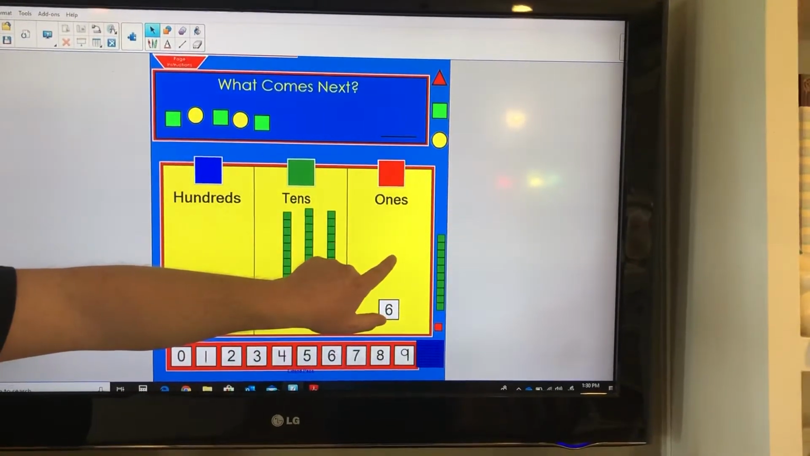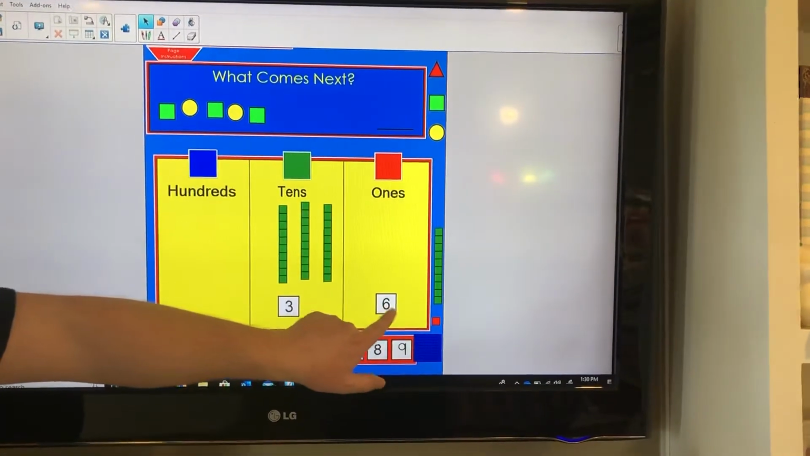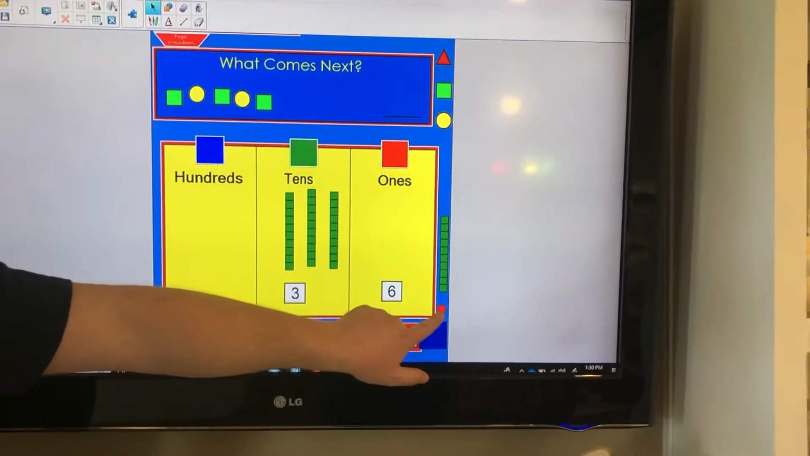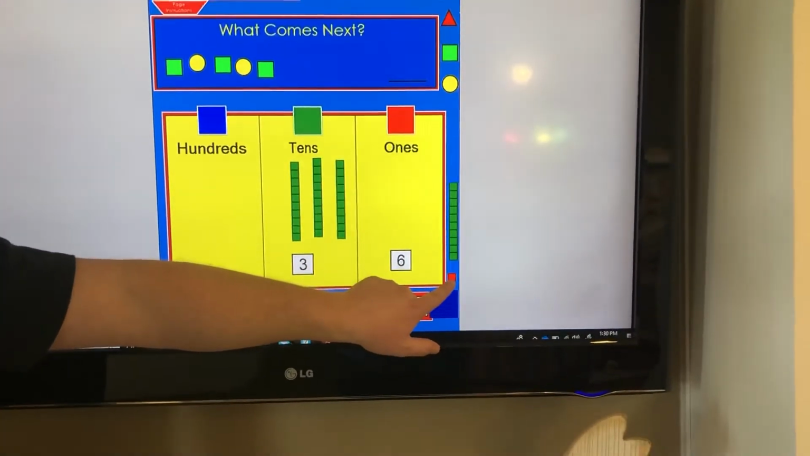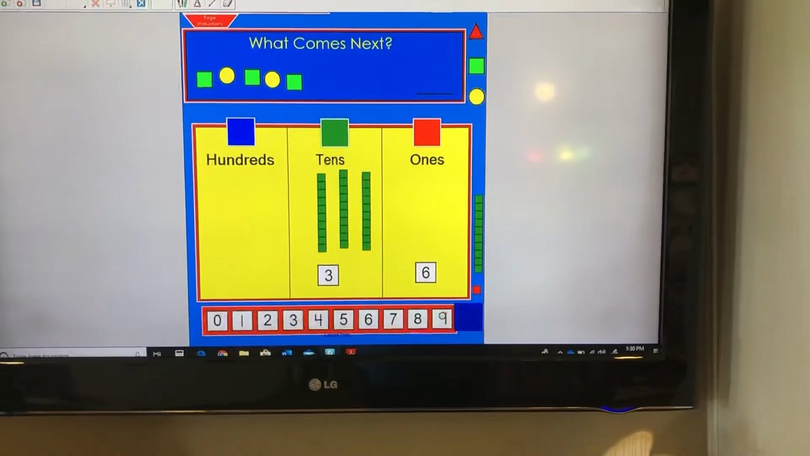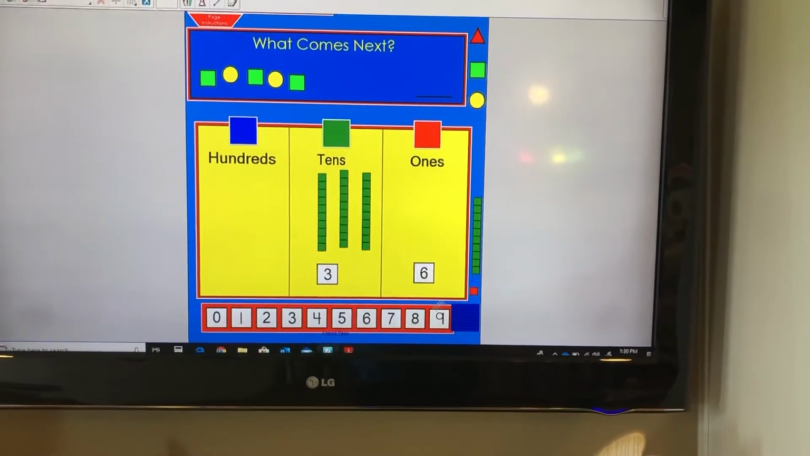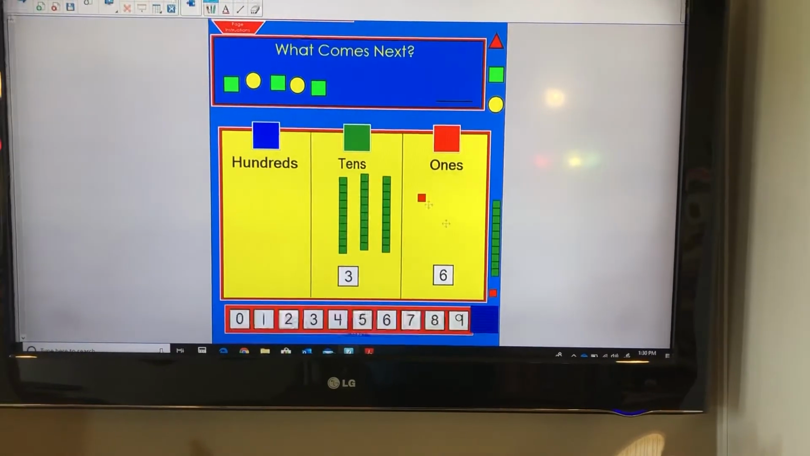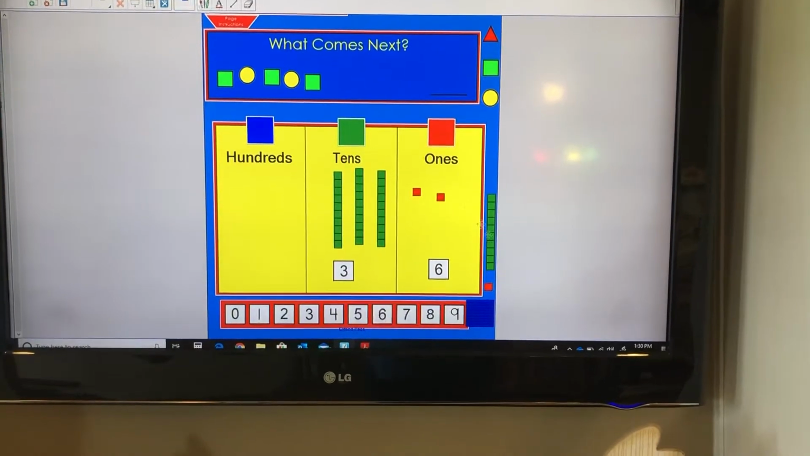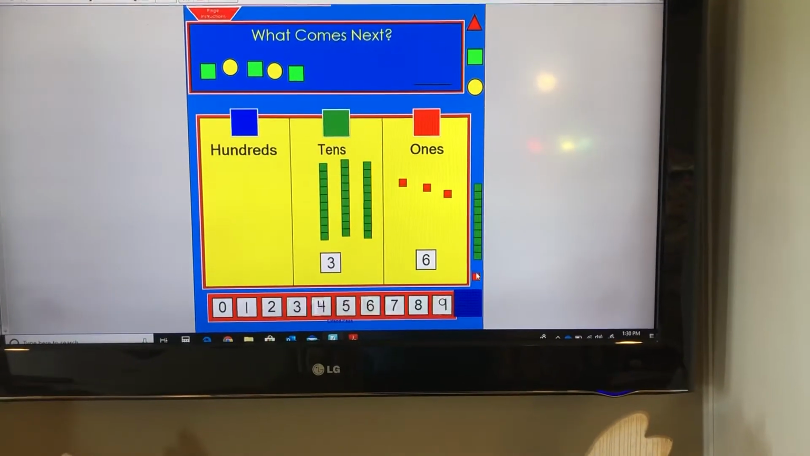If I have 6 ones, how many single squares do I move? 6. 6, very good. I move 6 over. So I'm going to come here. I'm going to move 1, 2, 3, 4,